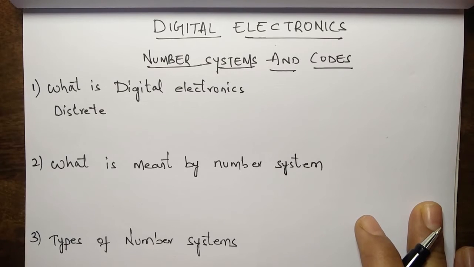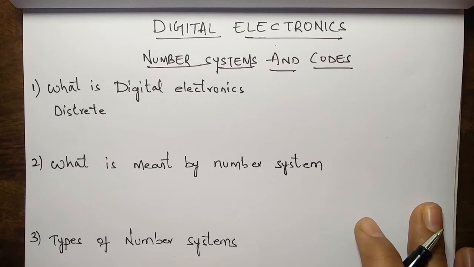Let's start with our topic, number systems and codes. What is meant by number system? A number system is basically a system in which you have some set of rules before you use a number. For example, consider some person X making a list of groceries. He will number the grocery items as 1, 2, 3, 4, 5 and so on, but not 0, -1, -2 and again 1 with some random numbers. So by default he is following some system here. That is what a number system is.